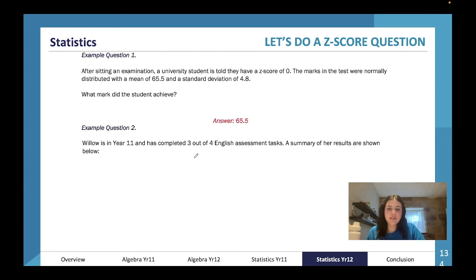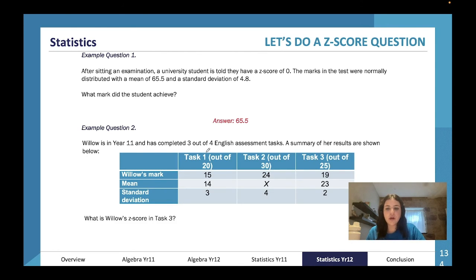Willow is in year 11 and has completed 3 out of 4 English assessment tasks. A summary of her results is shown below. What is her Z score in task 3? Okay, her mark in task 1 was 15, her mark in task 2 was 24, her mark in task 3